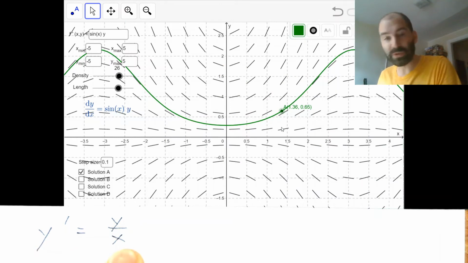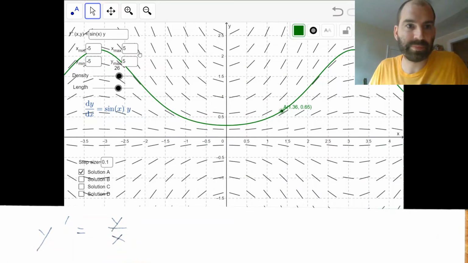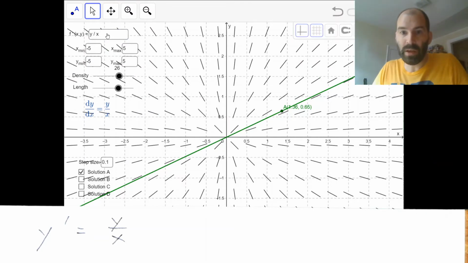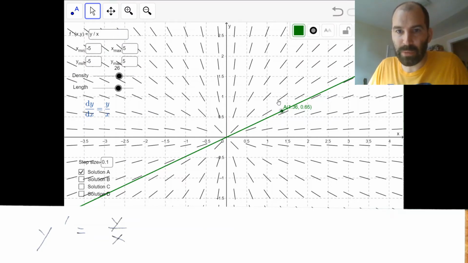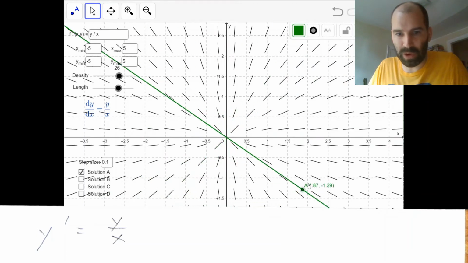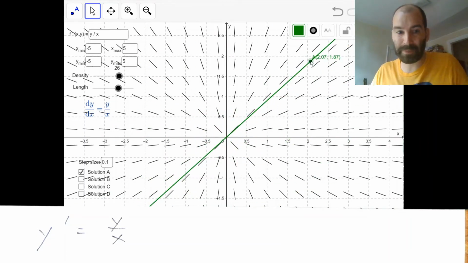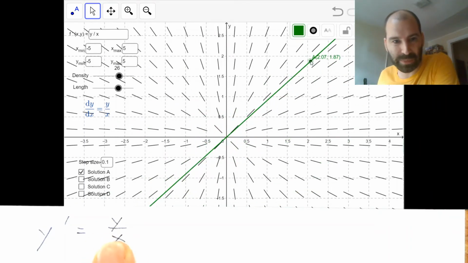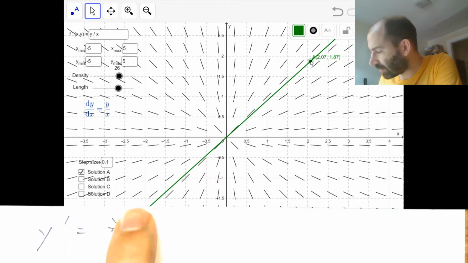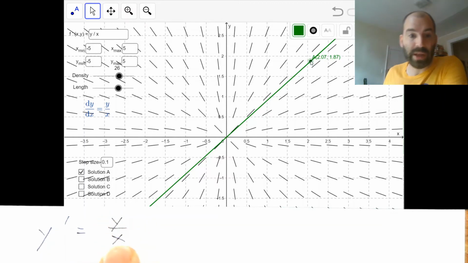y prime equals y over x. Okay, it might look good so far, right? If I move this point around, there's one solution that goes through every point, right? But let's look at this function. Let's look a little more closely here. This is our function, f, right? Now, let's